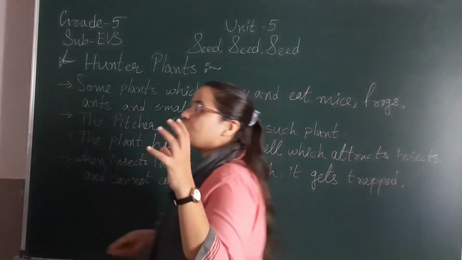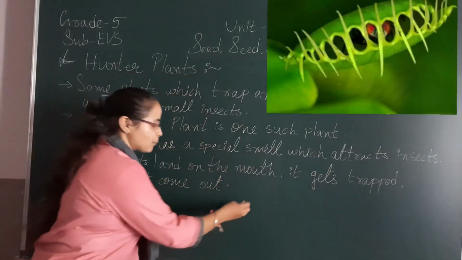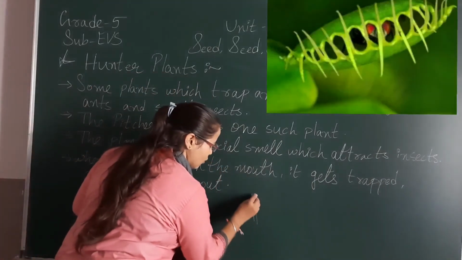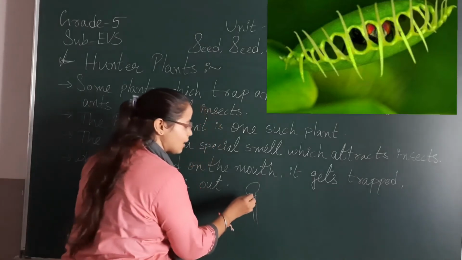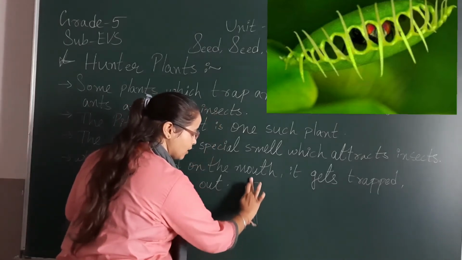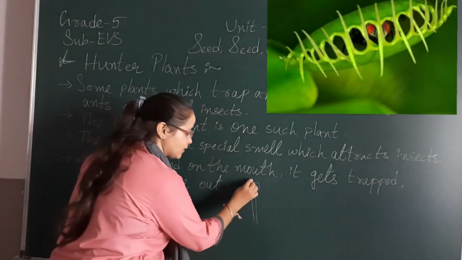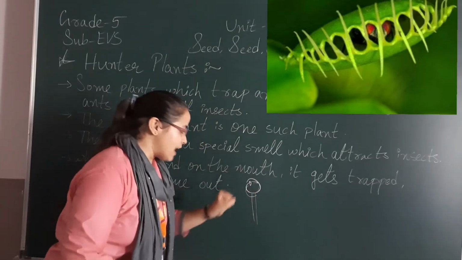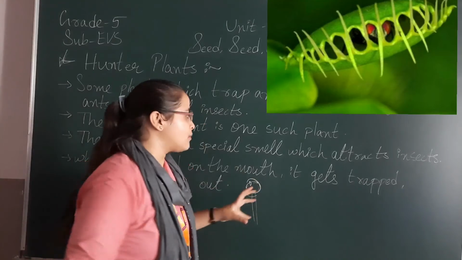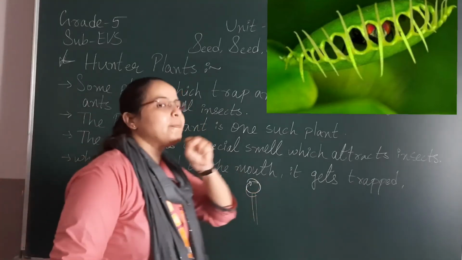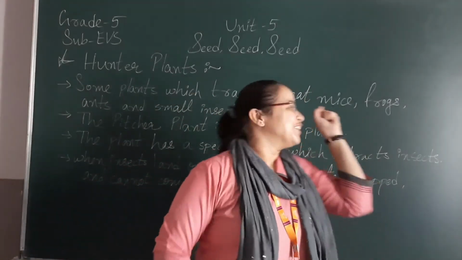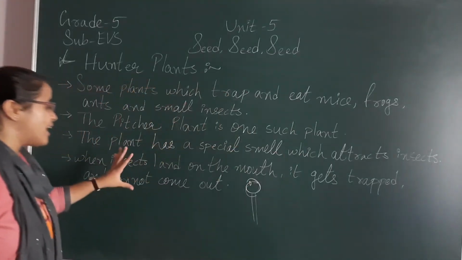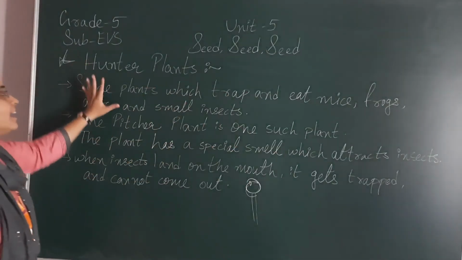जैसे ही वो insects उनके माउथ पर बैठते हैं, like suppose this is the plant, okay, जैसे ही वो उनके ऊपर आकर बैठते हैं, उनका माउथ ओपन होता है, right? Okay, so this is the open mouth. जैसे ही वहां पर आकर एक छोटा सा इंसेक्ट बैठा, they will close their mouth, they will trap it, और वो माउथ को क्लोज कर देंगे. It means वो जो इंसेक्ट है वो बेचारा फंस जाएगा उनके माउथ में. Okay, so here insects are also trapped by the plants. This is called the hunter plant.